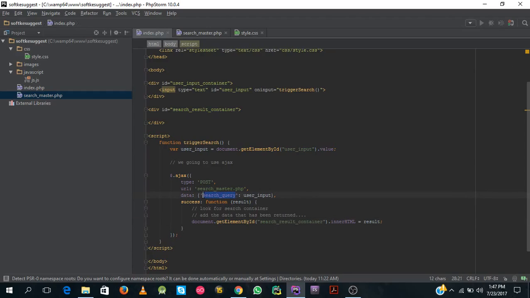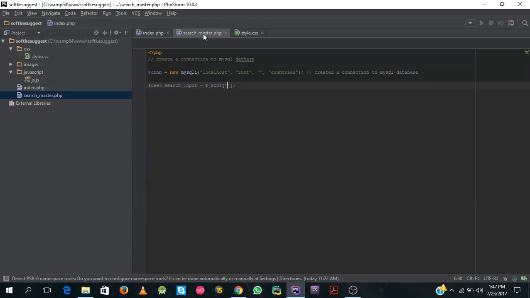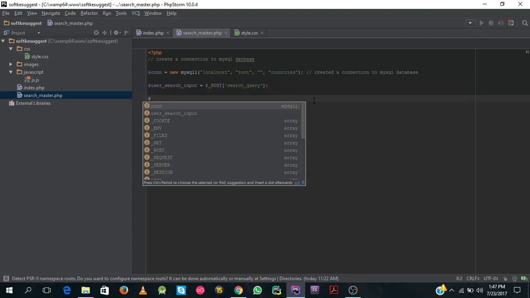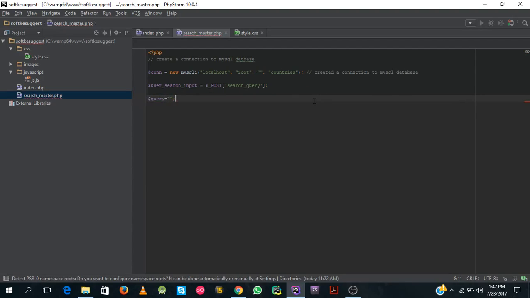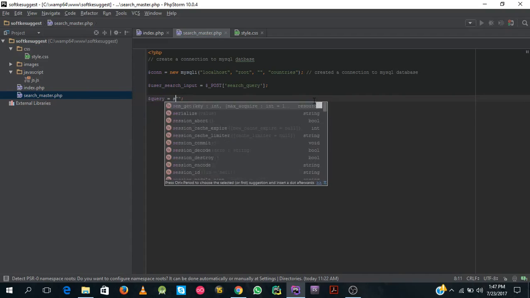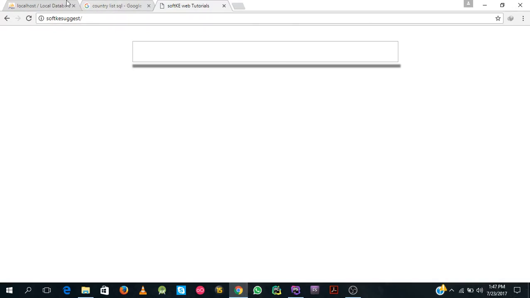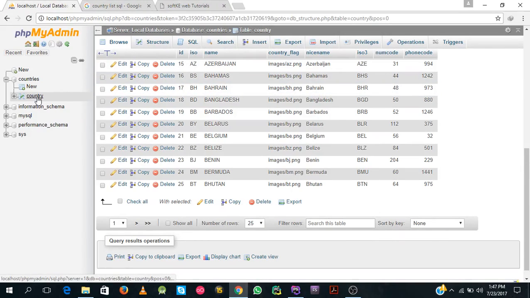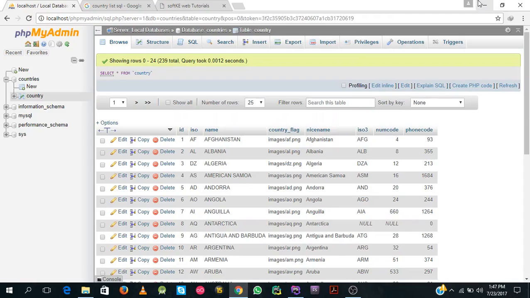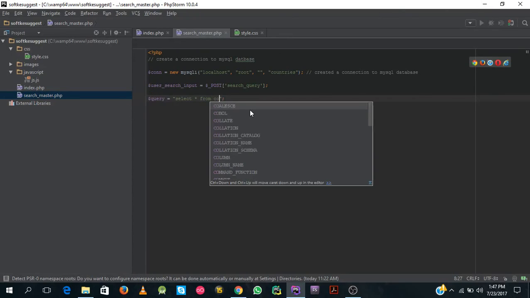So we're going to copy that and then paste that in here, and then we're going to define another variable and say query equals select all from our table, and the table that we're talking about here is the table country. So select all from country,